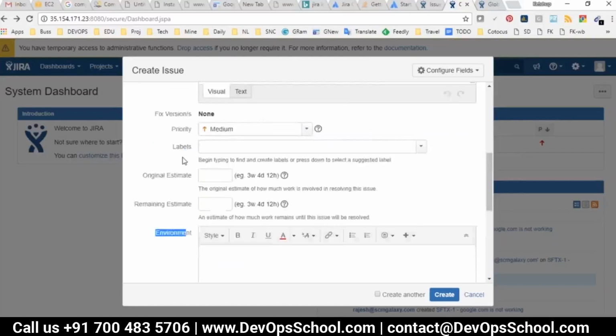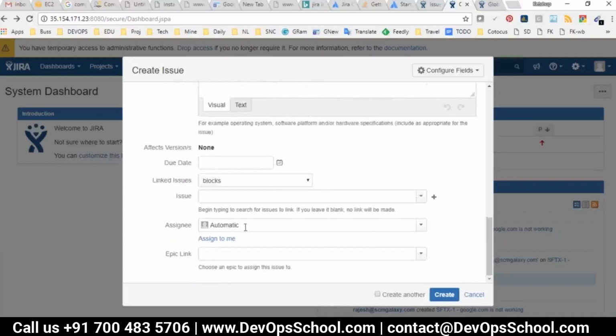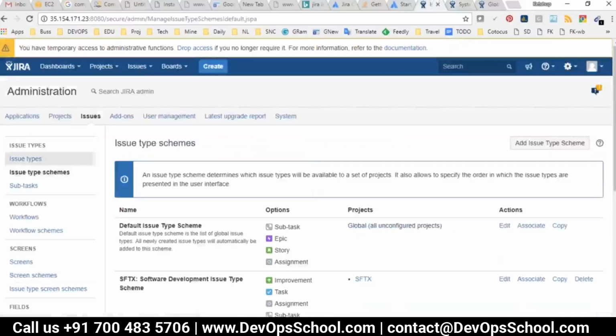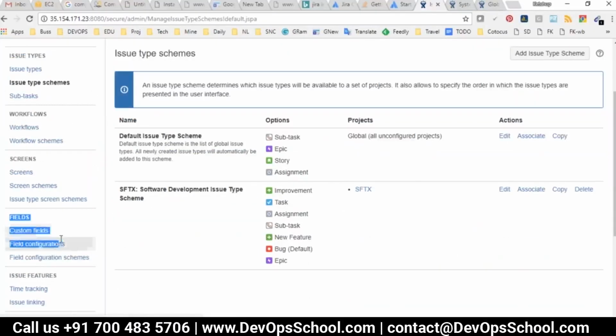You see that environment and fixed version are there. This can be used as a release, but as of now I want to add one extra field. So how can you do that? Just cancel, go to the issues, and this is done. Now go to the fields here. In this fields section you can add as many fields as you want according to your needs. If you click on custom fields, look at this. Here you can